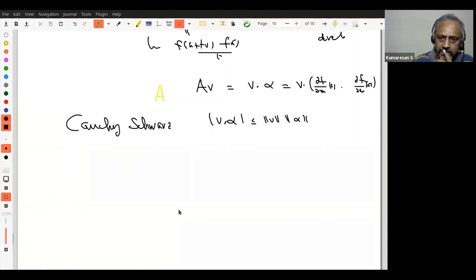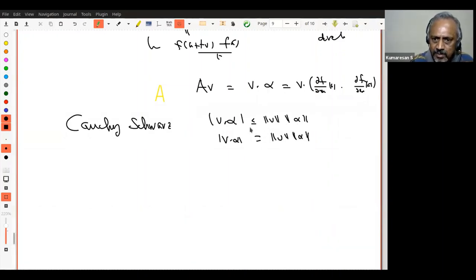Right. You follow this? Now, therefore, what can be the possible maximum? Maximum is when the inequality becomes equality. Right? Because this is always less than or equal to this, therefore the possible maximum is when the inequality becomes equality. Now, the Cauchy-Schwarz inequality tells you when equality holds.